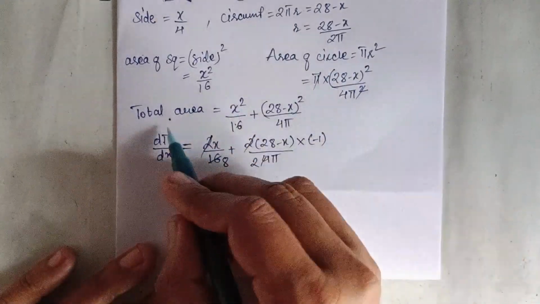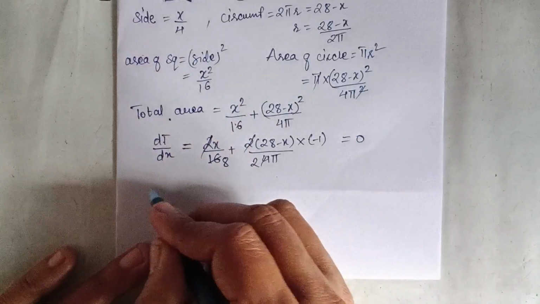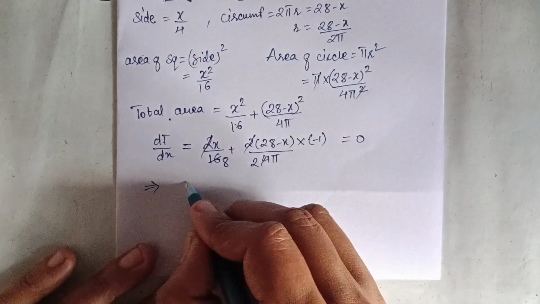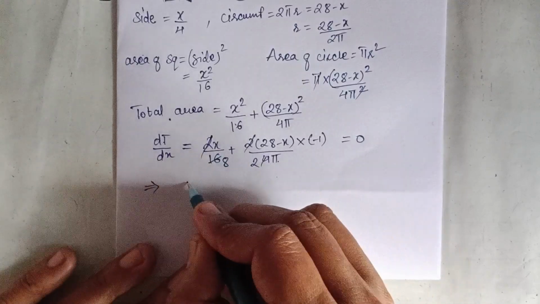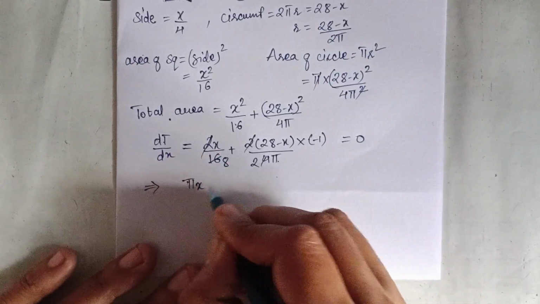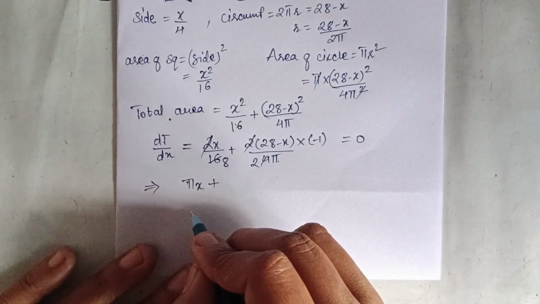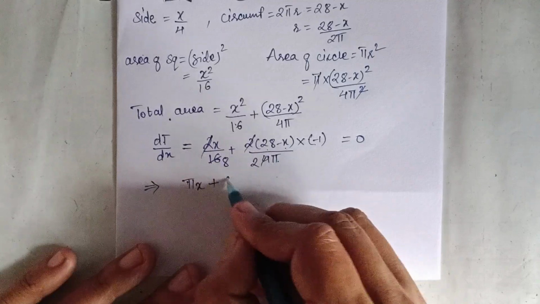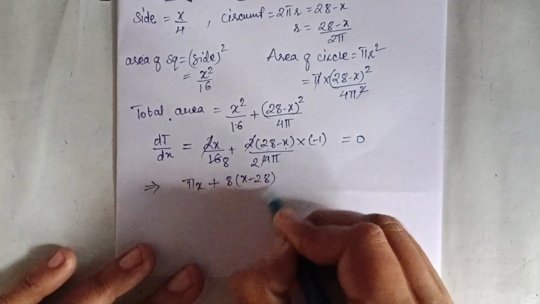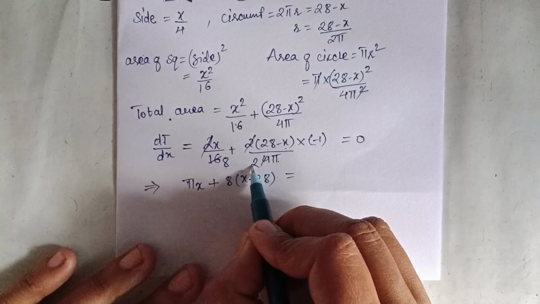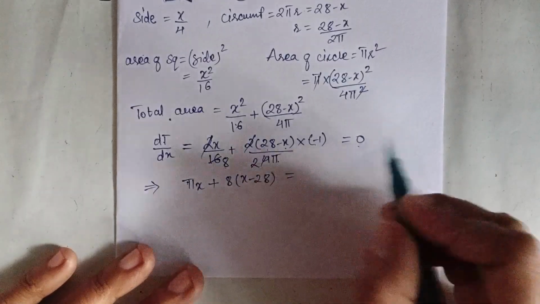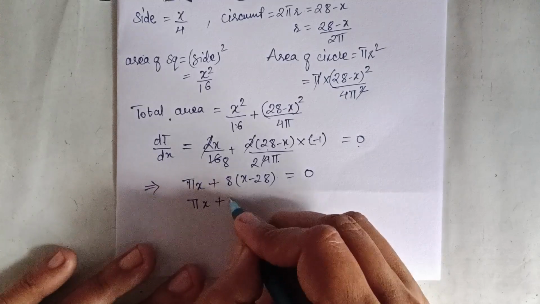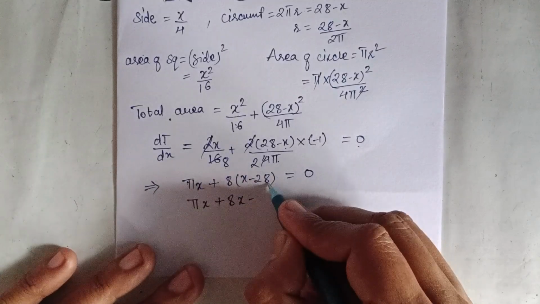So putting this dA by dx equal to 0, we will get, cross multiplying, pi x plus minus 1, so this becomes x minus 28. 8 into x minus 28 equal to 8 into 2, so 16, which gets multiplied with 0. Okay. So this is pi x plus 8x minus